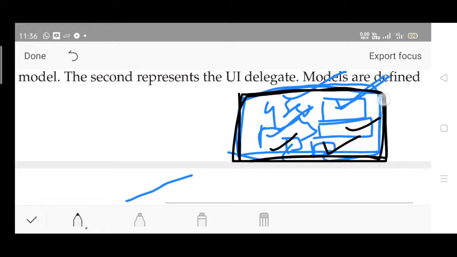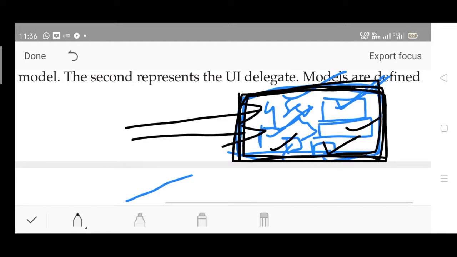At the same time, this also acts as a container, because it is holding different units along with it. Got it? Please watch the video again and again. If you have any doubt, please ask. Let us continue our discussion in the next video.